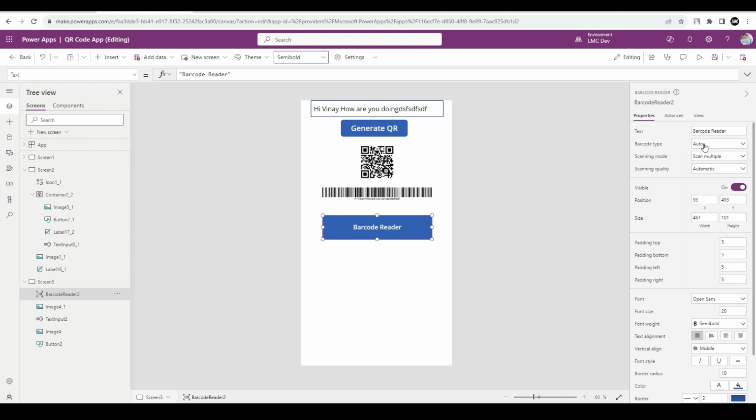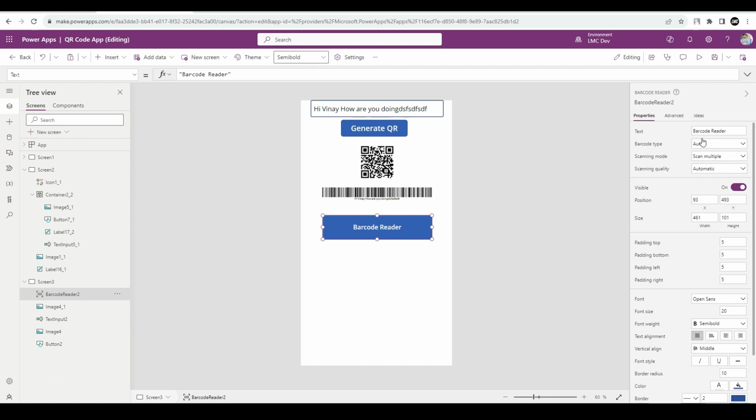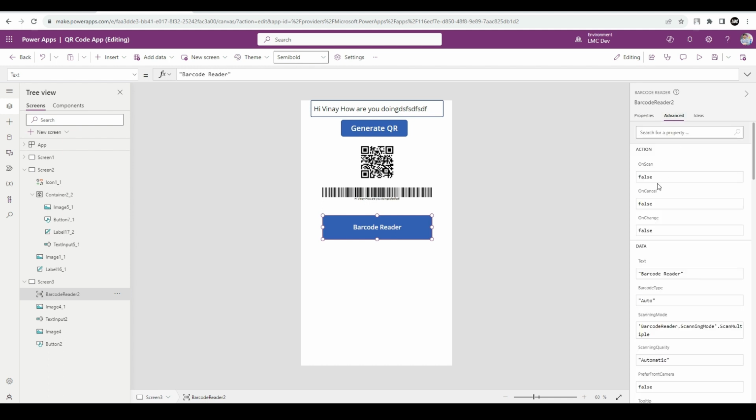Okay, I'll not change this. Now let's see what else we can change. So there's nothing much up here. Let's go to advanced. So see, on scan, if you wanted to do something, let's say if on scan, then